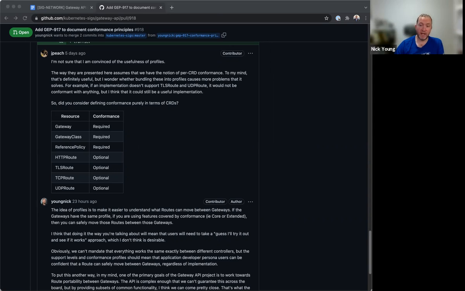So for HTTP route, you probably won't support all of the extended fields. And there needs to be a very detailed way for you to lay out exactly what extended fields you do support. And I guess, as I said, I never intended that the extended fields be included in there. In my mind, the conformance profiles are literally syntactic sugar for, I support core conformance for the following set of resources. And that's it. That's all they are. And that does not include extended support. I think extended support is too complicated to be able to include in any profile like that.